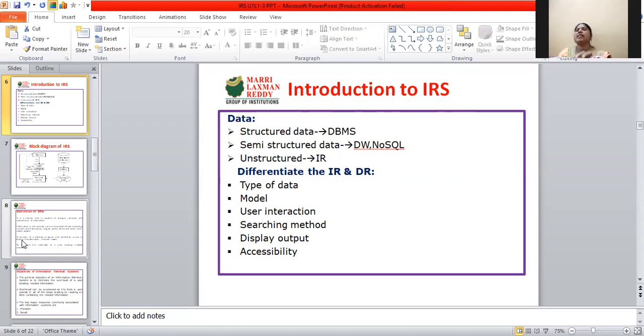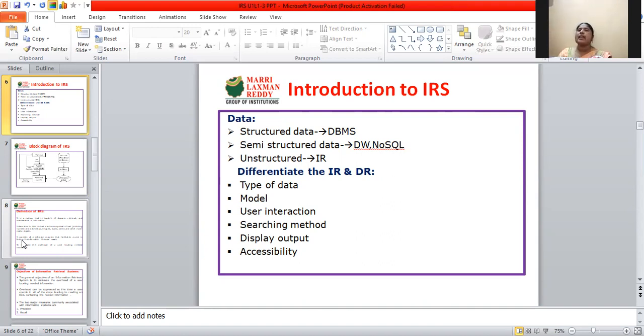This is structured format, compulsory here using the SQL queries. And the semi-structured data, here the semi-structured data is nothing but the novels and written newsletters. Here it is not following any structured format, not following any tabular format. Okay, this is an example for data warehouse and NoSQL queries.